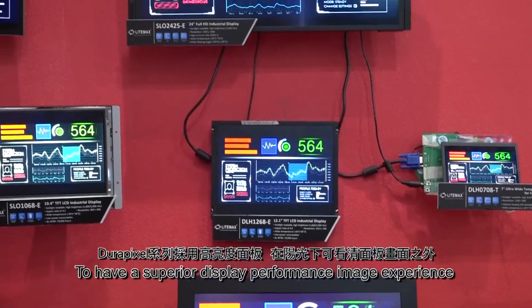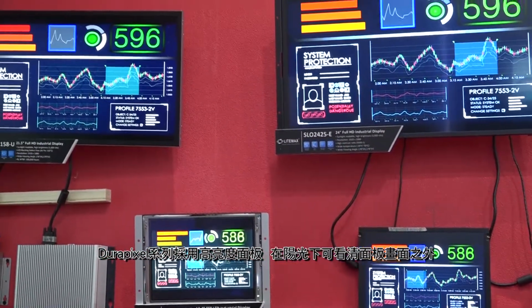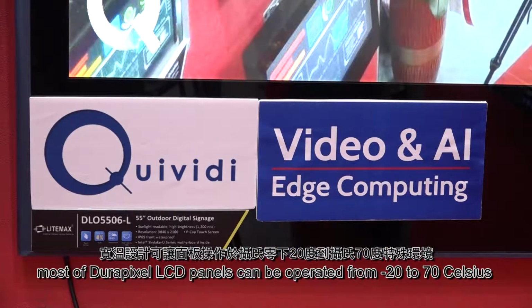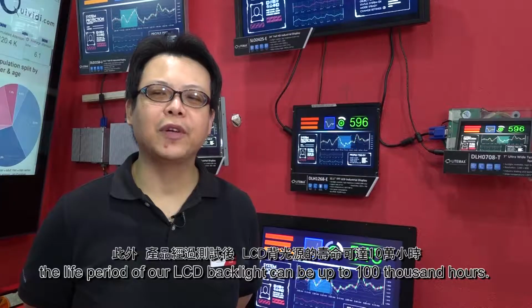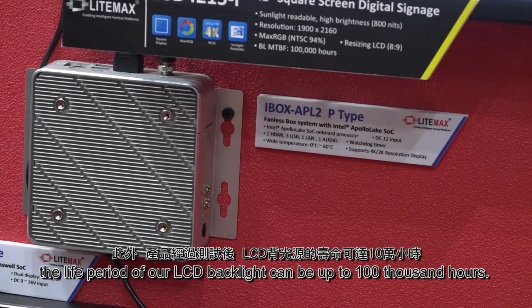To have a superior display performance and image experience under strong sunlight, our DuraPixel LCD display features high brightness. Thanks to Litemax wide temperature adaptation technology, most of the DuraPixel LCD panels can be operated from -20 to +70 Celsius degrees. Moreover, pursuant to our tests, the light period of our LCD backlight could be up to 100,000 hours,